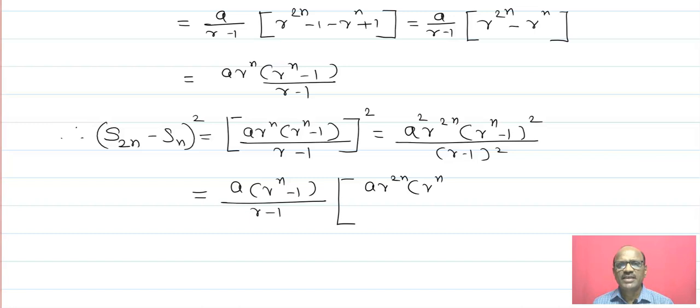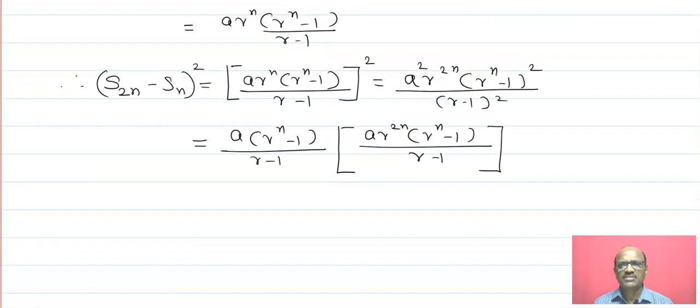Then in bracket A into r raised to 2n in bracket r raised to n minus 1 upon r minus 1,